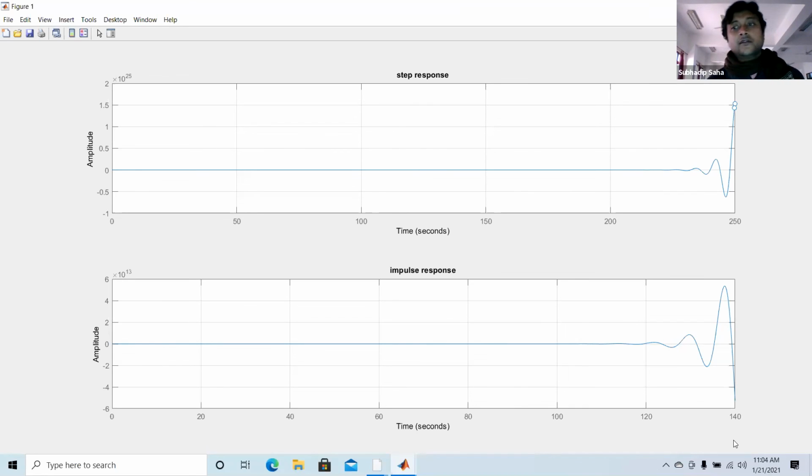So this is all about experiment number 3, and the conclusion we got is that when you increase the order or the type of the system, it goes towards instability. From this experiment, the system does not become stable.